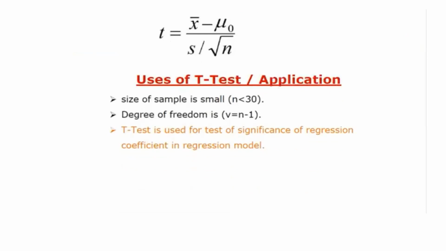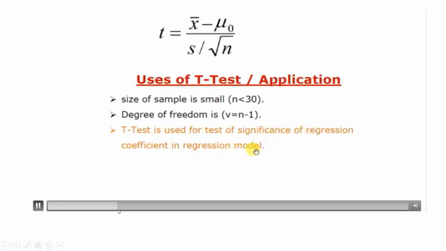हमारा पॉपुलेशन का नंबर, सैंपल साइज। उसके बाद एक क्वेश्चन आया हुआ था इसके ऊपर कि सिग्निफिकेंस ऑफ रिग्रेशन कोफिशिएंट इन रिग्रेशन मॉडल में क्या यूज किया जाता है, कौन सा टेस्ट यूज करते हैं? तो टी टेस्ट यूज किया जाता है।